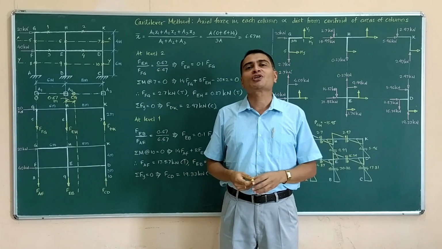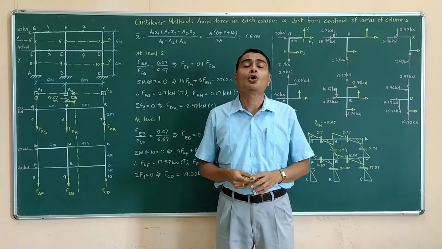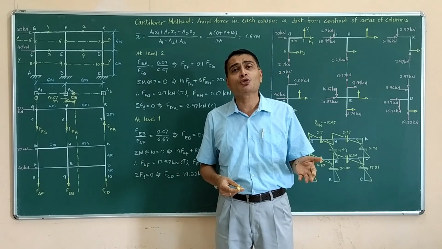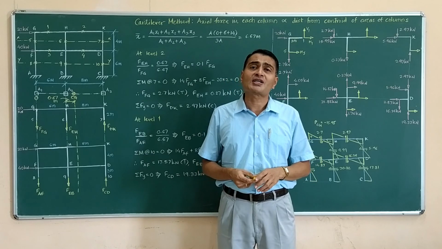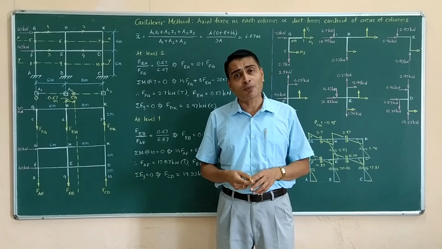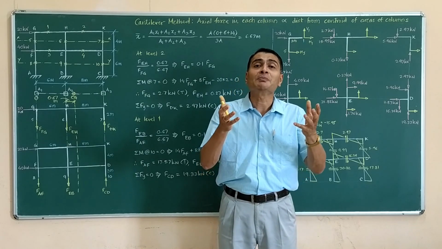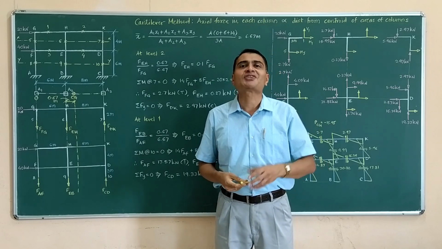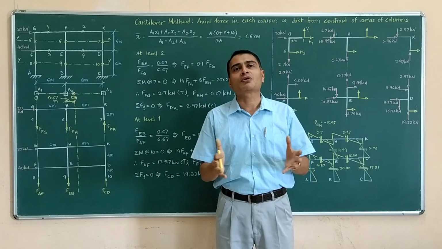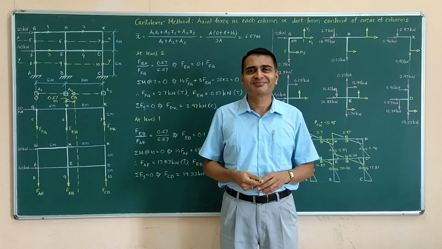So in my next lecture, we will be seeing yet another approximate method, not for frames but for analysis of beams, and that analysis will be slope deflection analysis called as finite difference method. A numerical technique, an approximate method to find out the slope and deflection in a given beam. So see you in the next lecture for finite difference method, the last part of our unit number 5 or module 5. Thank you.